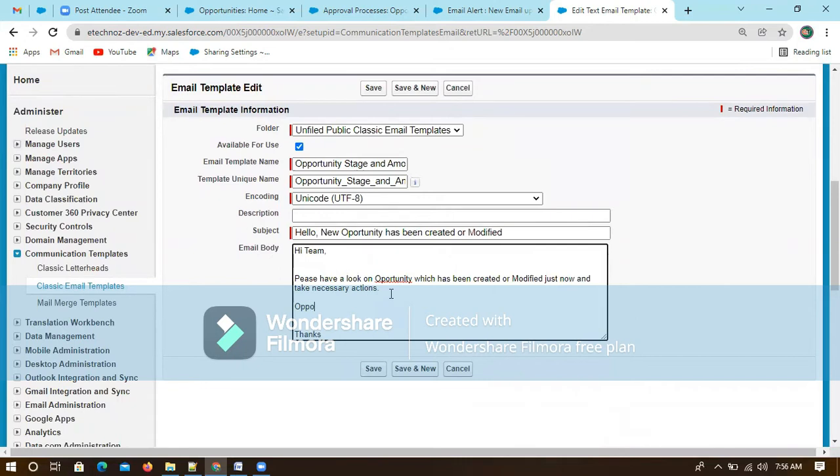This is very useful, because mostly they will ask for specific content instead of normal generic content. Definitely for email templates they will ask this, like the opportunity account. If they want to track it, you just type normal content and then specify, for this opportunity, what is the account.